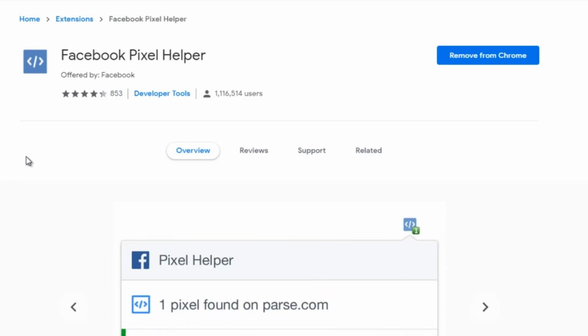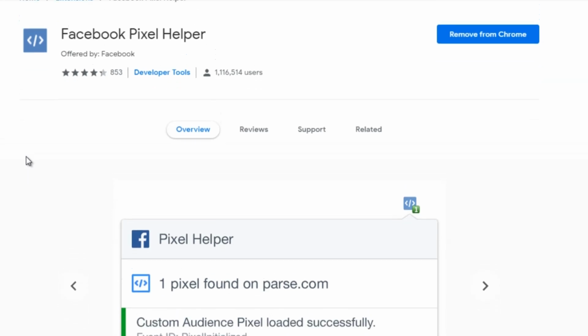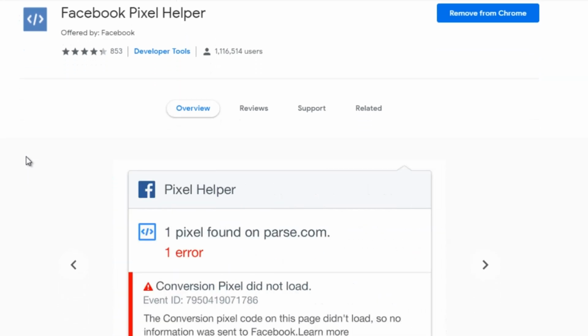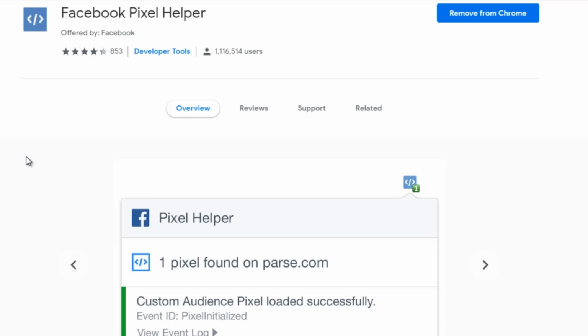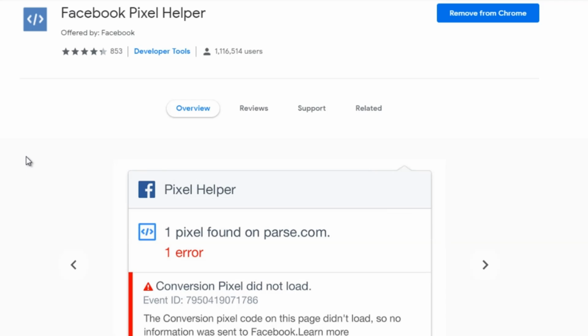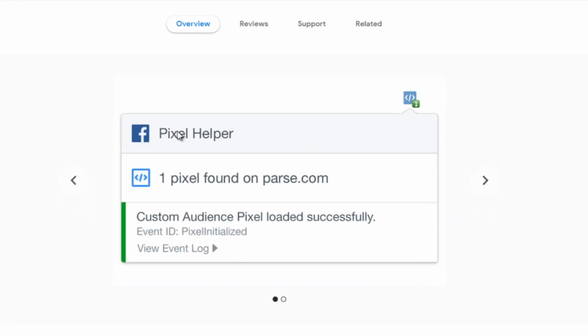So this is another free plugin for Google Chrome. And if you're using other things like Safari or Firefox, you can probably Google Facebook Pixel Firefox or Facebook Pixel Safari. But for Google Chrome, this is what we use. All you have to do is install it. And as you can see down here, you're going to see this icon. And any web page that you visit in your funnel, if you click that,